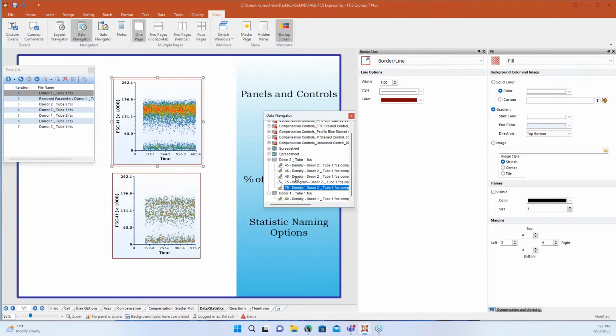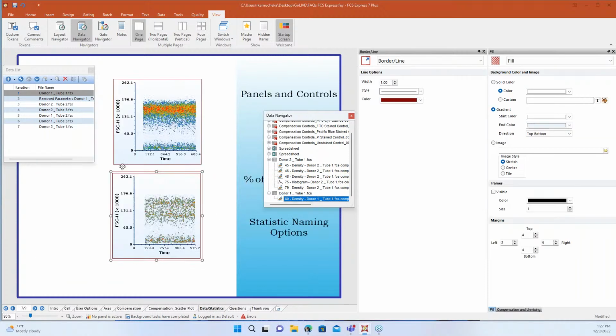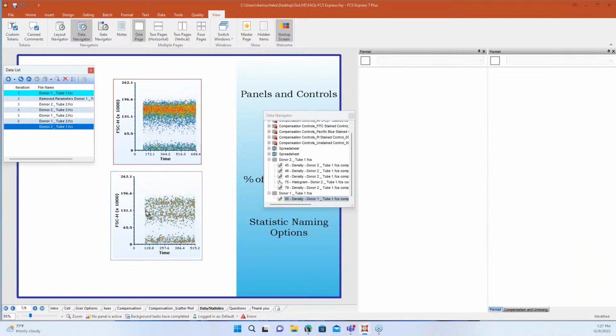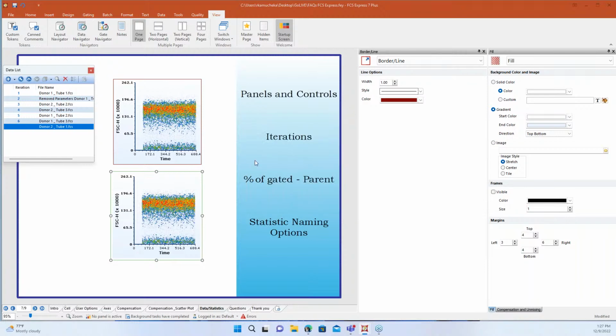So when you highlight anything, you'll see that it will highlight the plot, so it will also move you to different pages. But when I'm here, I'm like, okay, so yep, that's the guy that I need to change, and I need to change it to this donor tube 1. So I can just simply drag and drop here. Now that's resolved. All my iterations are happy. They're blue and ready to go. I can use my batch processing tools.